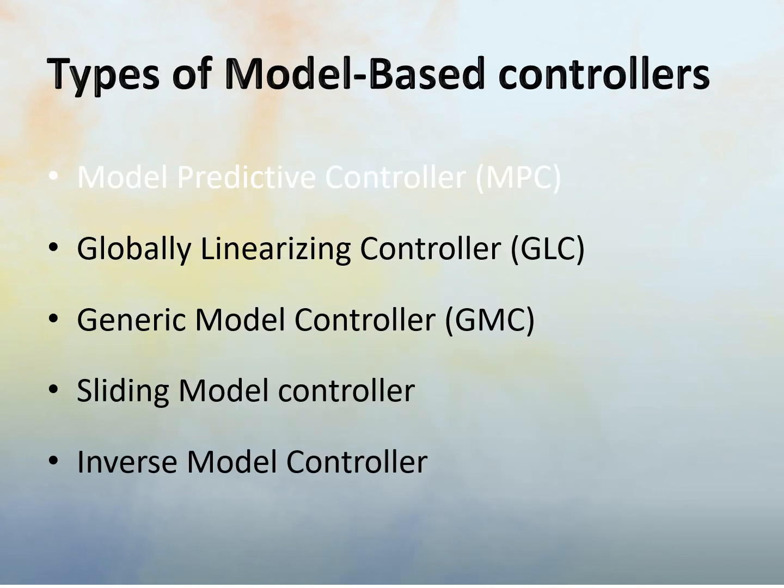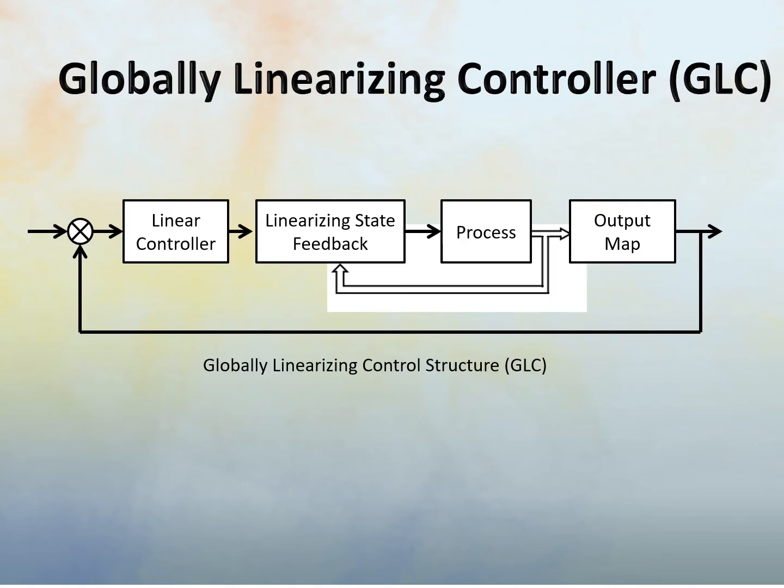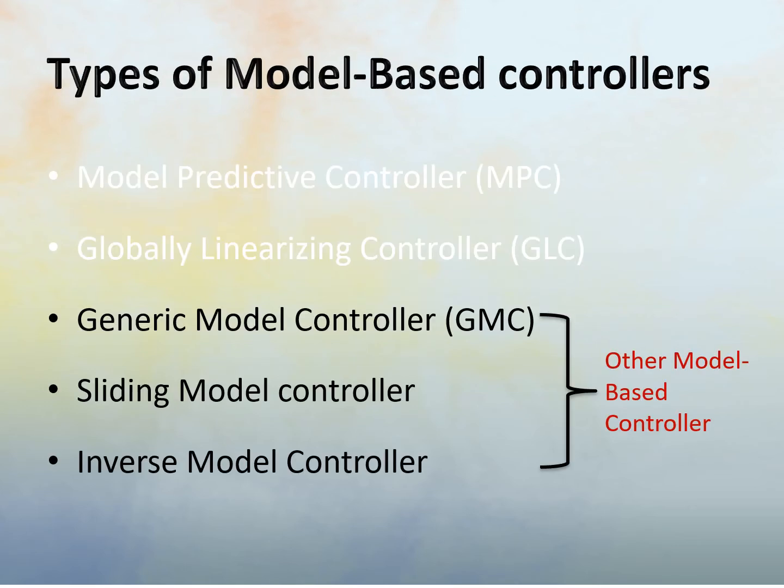method. The other one is the globally linearized, which is basically linearizing the process, the non-linear process, with linearizing state feedback and then using a linear controller to control the system once it's been linearized. This is the globally linearizing controller structure. The other is the GMC, sliding mode or the inverse model controllers. We categorize them as model-based controllers,